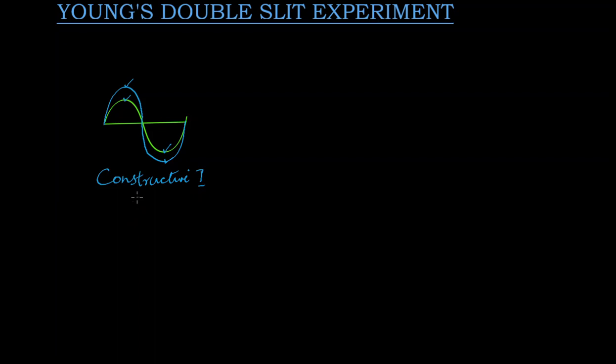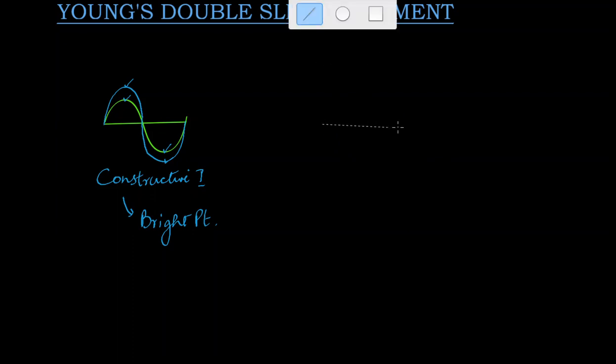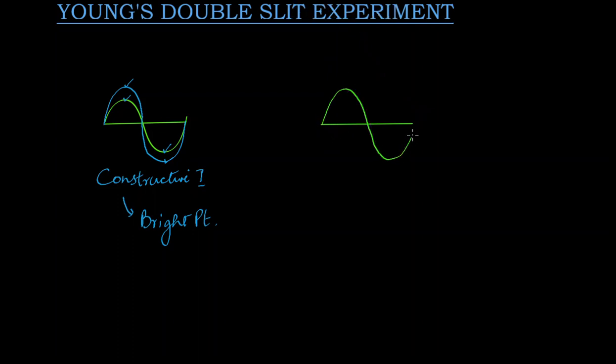interference. And when constructive interference happens, the amplitude of the resultant wave will be large and we get a bright point. On the other hand, suppose one wave is, let me draw the x-axis first of all. Let's say one wave is like this, the other wave is like this. So you can see here that the crest of one wave is touching the trough of the other wave